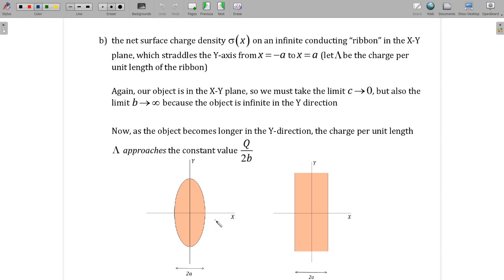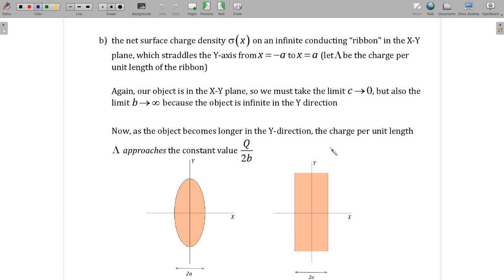And now if I want to go from this ellipsoid, which is a finite disk, to this finite elliptical disk. Now if I want to go from here to this ribbon, the B will go to infinite. But what do we mean by the third line over here? There is one important difference from the first part, and that difference is that here, because the size of our body is infinite,